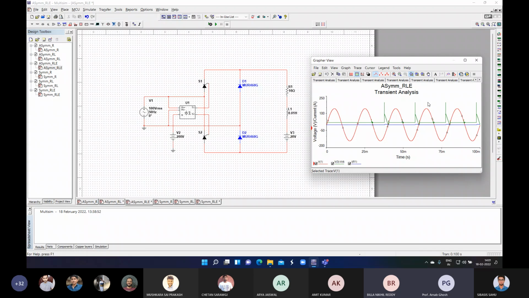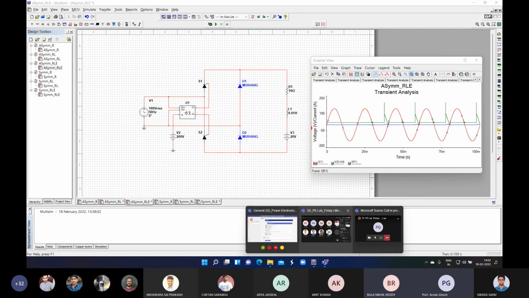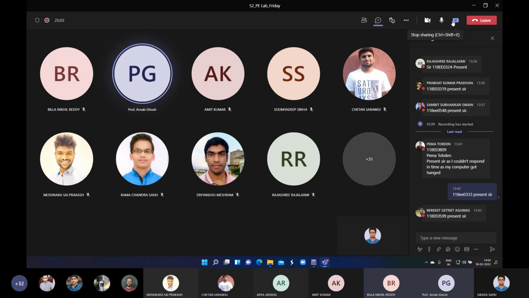I'm not only pointing, actually I'm discussing with you, that's why I'm pointing out your name. But I'm not only pointing at you, I am asking about all the students. So that should be a concern for all the students. Please complete it and submit it as soon as possible. Okay, sir. Next, who wants to show me the report? Next.